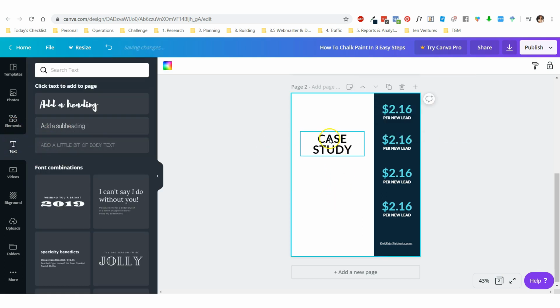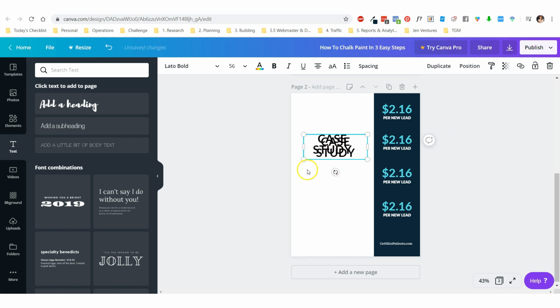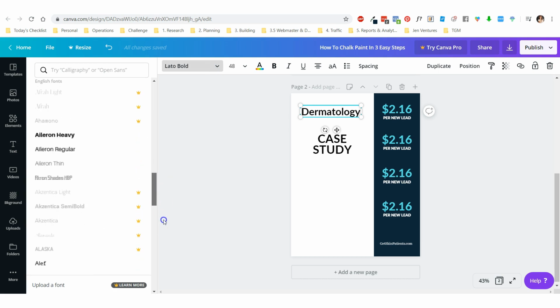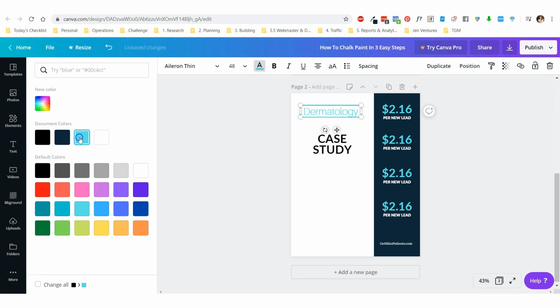And then I could do copy paste. Could move one up and say dermatology. Make it a little smaller. Make it a little less bold. You could even make it maybe cursive. It's all different fonts in here that you could choose. You could take the teal color,